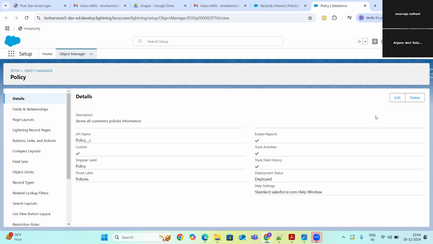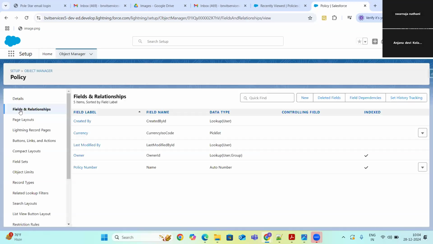Okay. So coming to the policy, today we are going to discuss more on fields and relationships. Coming to the fields, in our previous classes we learned fields are nothing but columns of the table, different columns of the table.